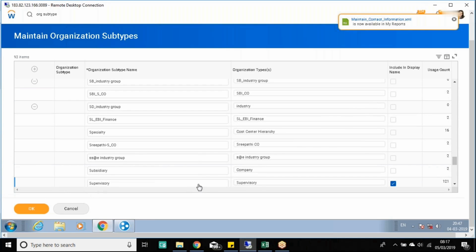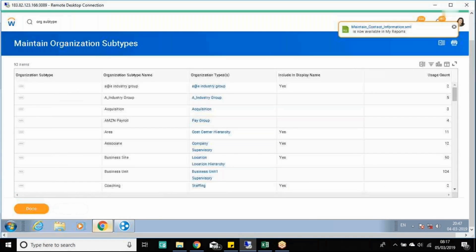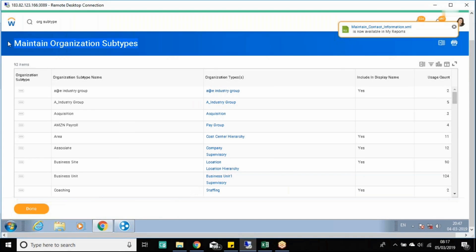For supervisory organization type, there's a subtype called supervisory defined, and the option called include in display name is selected. If I say okay,